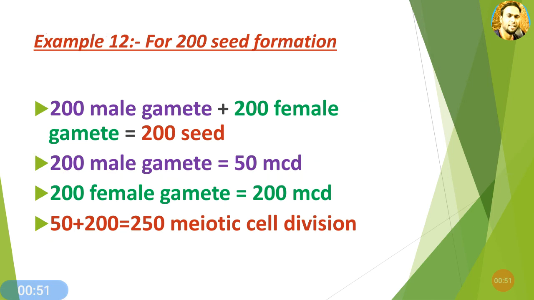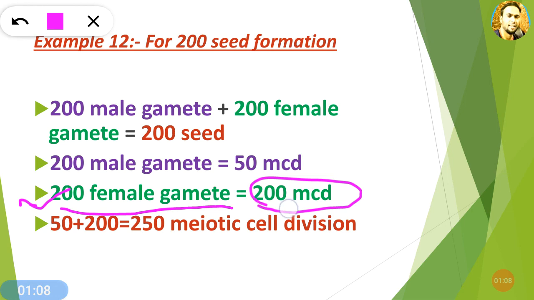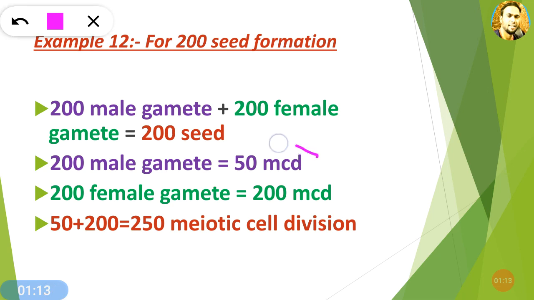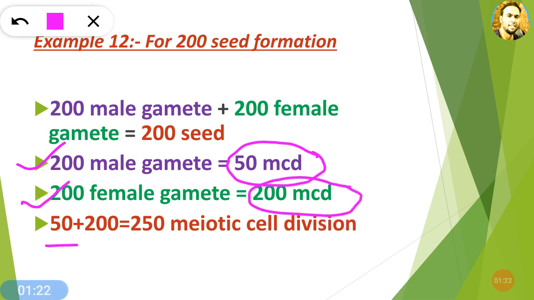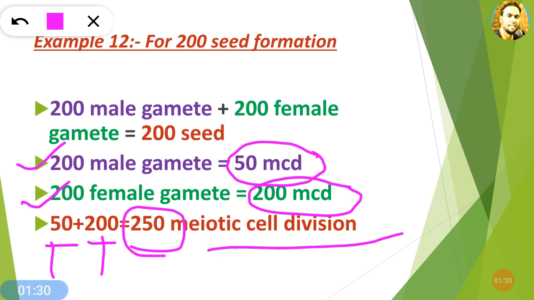So that's why 50 meiotic cell divisions are needed for the formation of the 200 male gametes. And what about the 200 female gamete formation? For 200 female gamete formation, the formula is very simple. Number of female gametes is equal to the number of meiotic cell divisions. So for 200 female gametes, 200 meiotic cell divisions are needed, and that's why 200 is here. So in this way, 50 meiotic cell divisions are needed for 200 male gametes, and 200 meiotic cell divisions are needed for 200 female gametes. So likewise, 50 plus 200 is equal to 250 meiotic cell divisions are needed if a plant has to